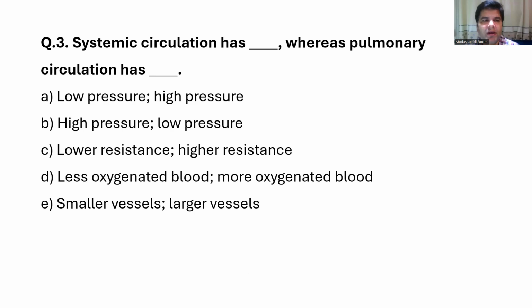Next question is, systemic circulation has dash, while pulmonary circulation has dash. Options are A, low pressure, high pressure, B, high pressure, low pressure, C, lower resistance, high resistance, D, less oxygenated blood, more oxygenated blood, E, smaller vessels, larger vessels. And the answer is